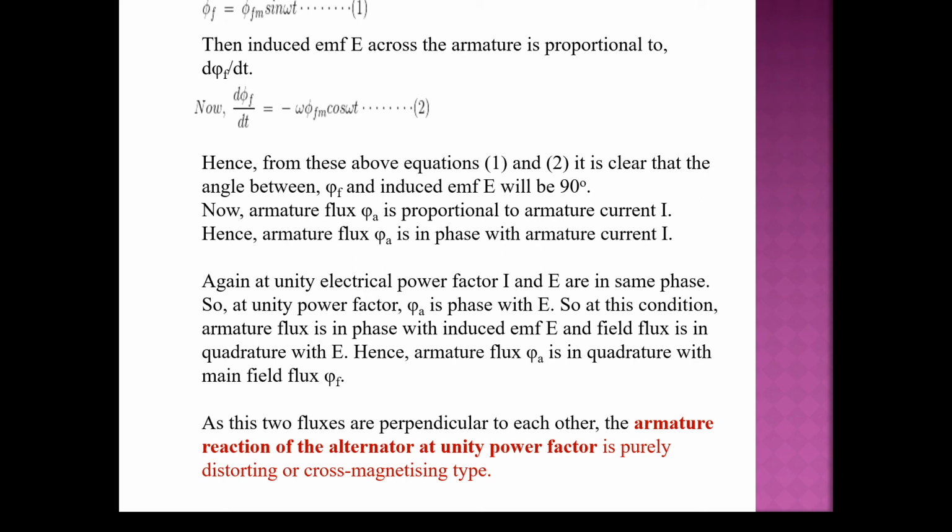So armature flux phi a is in phase with I. By what we are doing here, we are seeing the relationship between the flux and current. Both are in phase with each other. So at a unity electrical power factor,